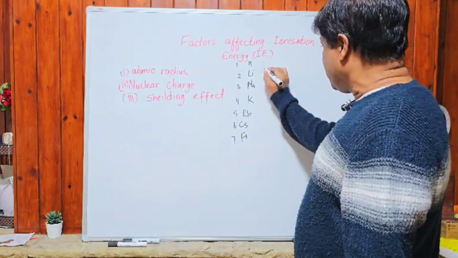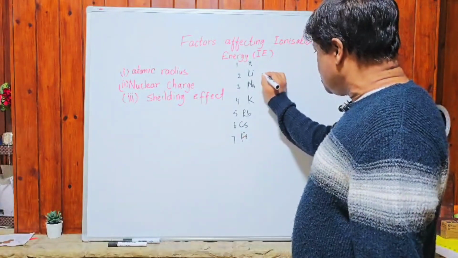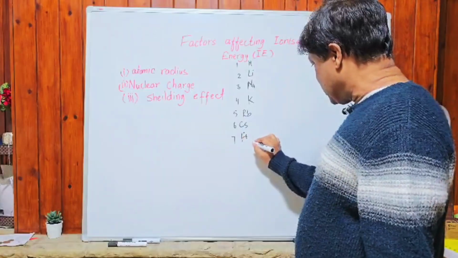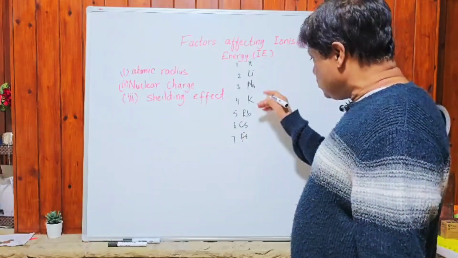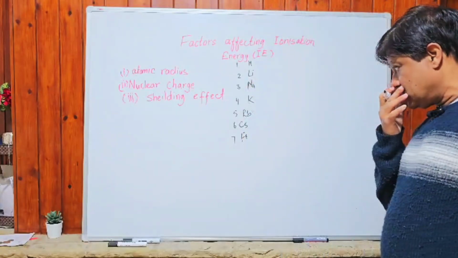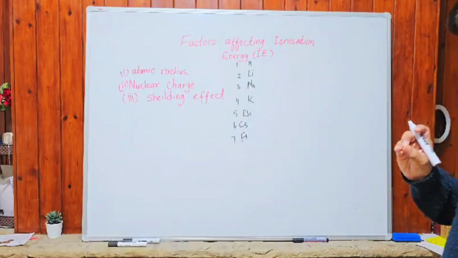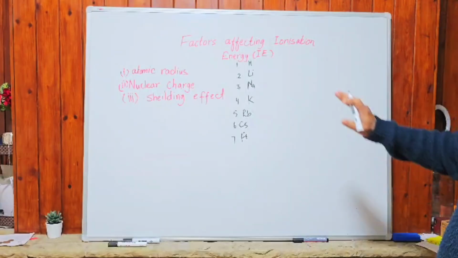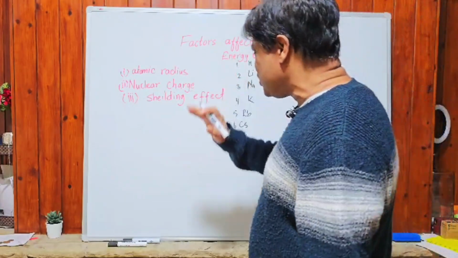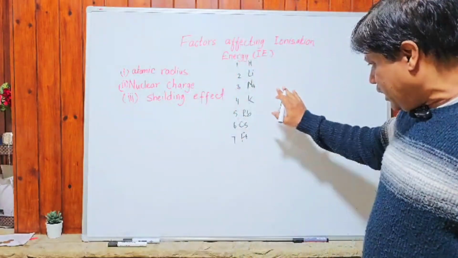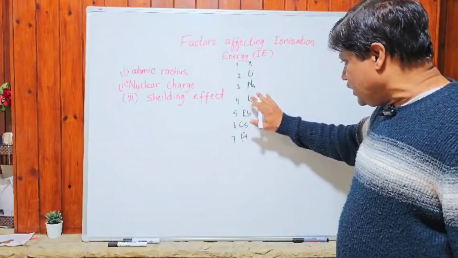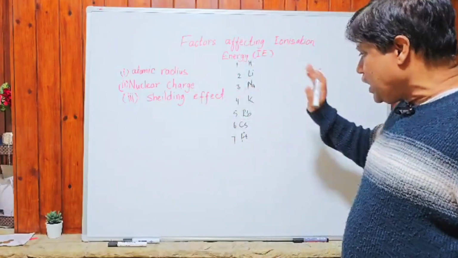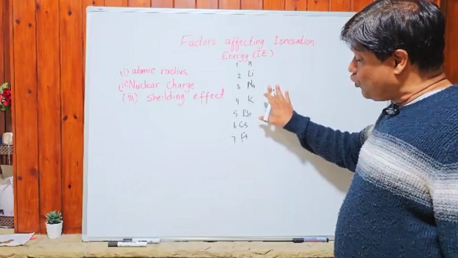Look at it, it has 2 shells. Look at this, it has 6 shells and a 7th shell. Mostly, the shielding effect shows a prominent effect when we have more than 4 shells. Not for 1, 2, 3, but we can consider the shielding effect there also. But you can see the effect of the shielding on the ionization energy when we have 4 or more than